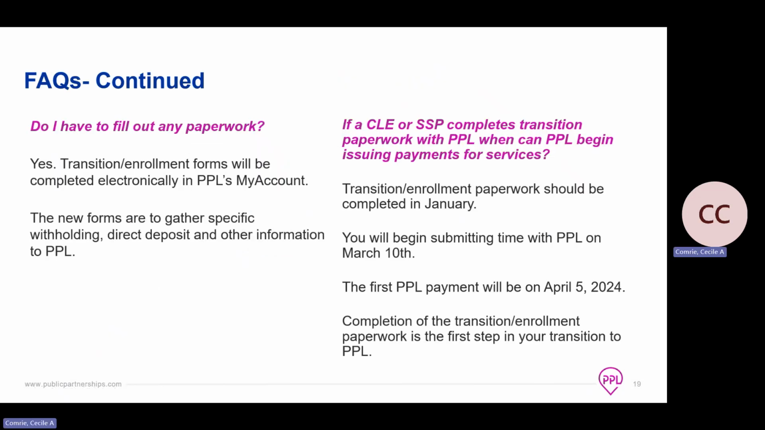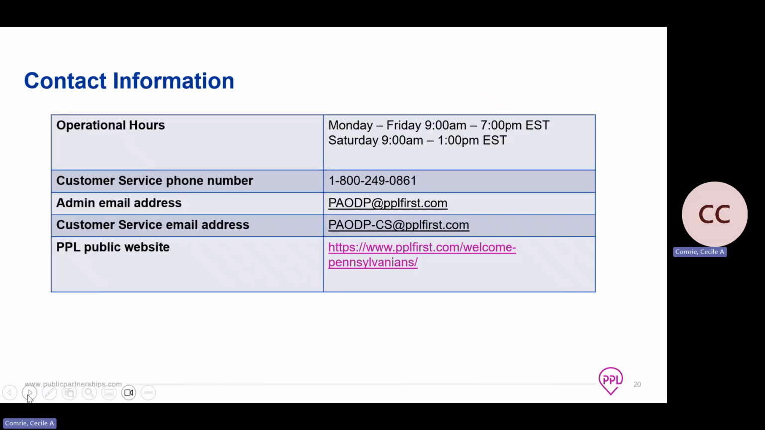I will again say that if you have not already completed your enrollment paperwork, please make sure you do so, because that is the critical first step, is having that done so that there is no disruption in your services. If you need to contact us, the customer service number is 1-800-249-0861. The administrative email address is paodp@pplfirst.com. Customer service has an email address, so if you have a question and you don't want to sit on the phone, you can send an email, and their email address is